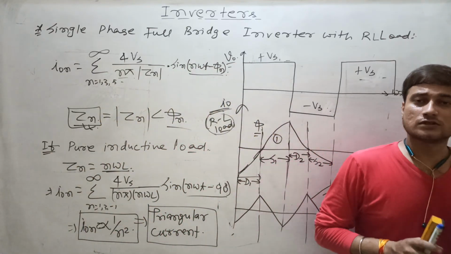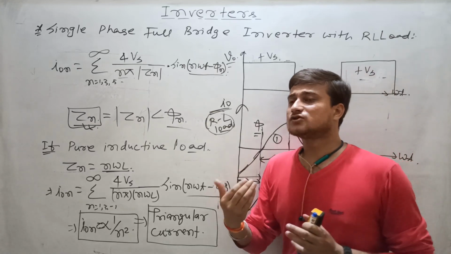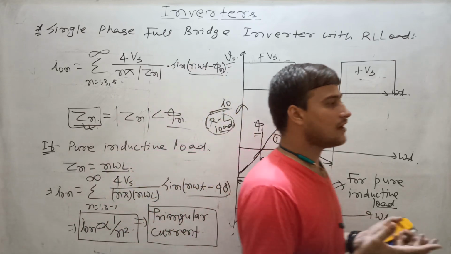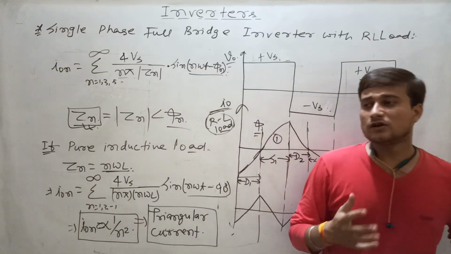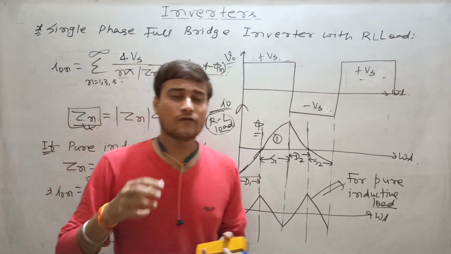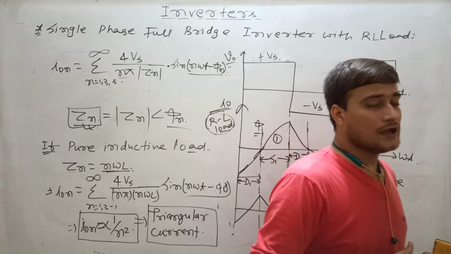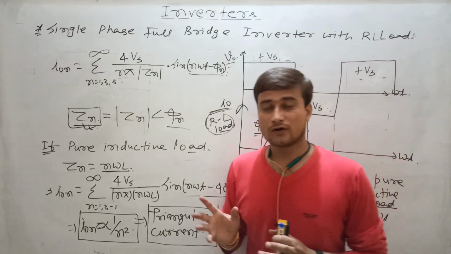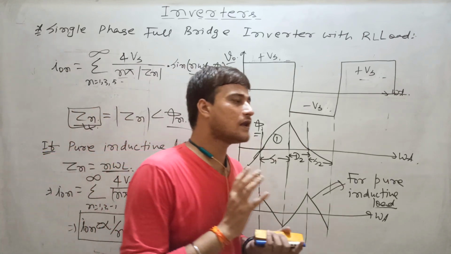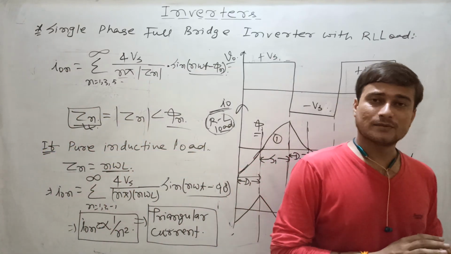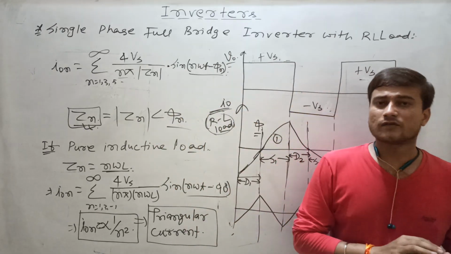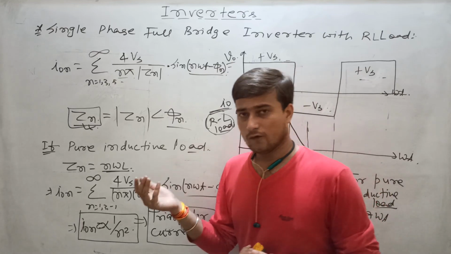Second, you are having current source inverter. How to make a current source inverter? If the DC source has a large impedance, then you will get constant current and it will provide a fixed waveform of current across the load irrespective of the load. So if you are having a current source inverter, then the waveform of voltage will be different for different types of load. Clear?